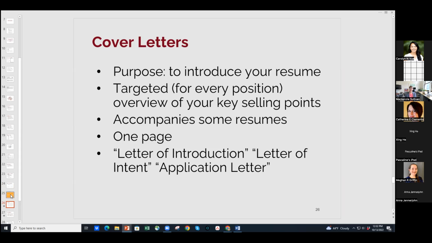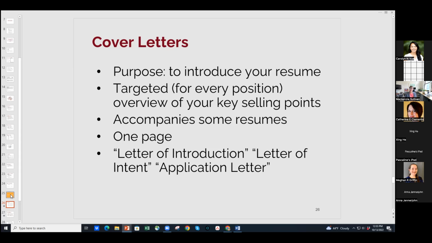This is really probably more important for people who are using a degree to do something that it was traditionally not meant to do. I'm going to be a project manager and I am really being trained to be an academic, because it gives you ability to give some narrative. So to introduce your resume, to say, here's the story of who I am and why it makes sense I'm applying for your position, even though I am getting a PhD in English. So introduce your resume.